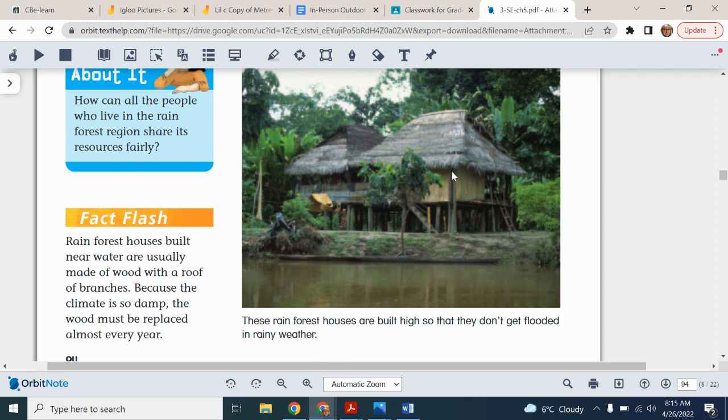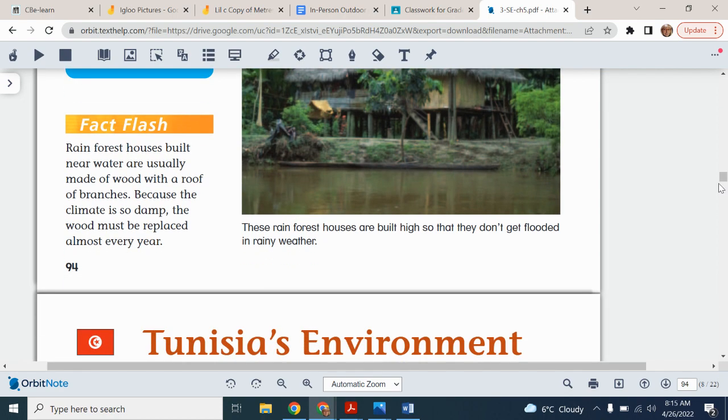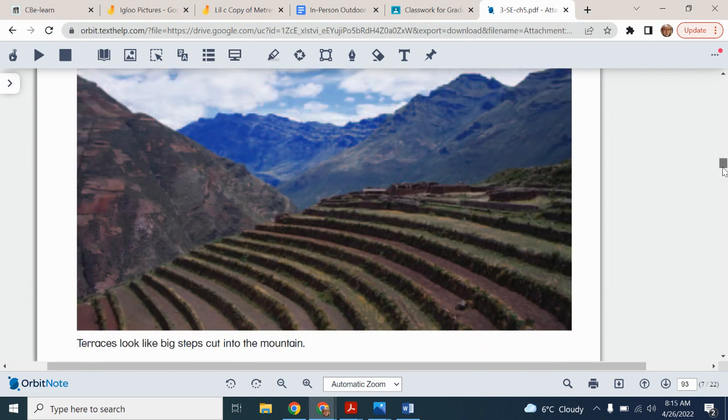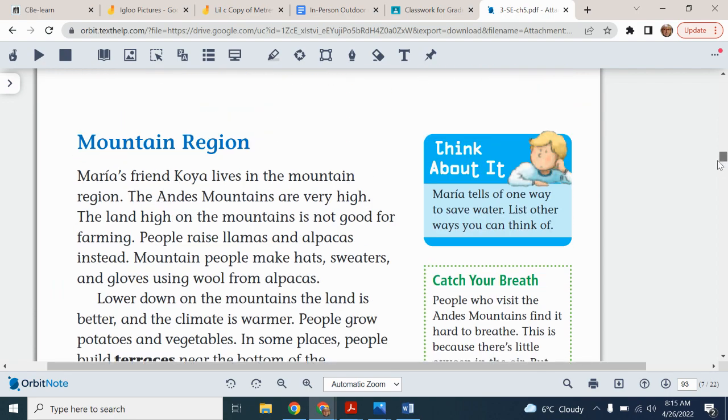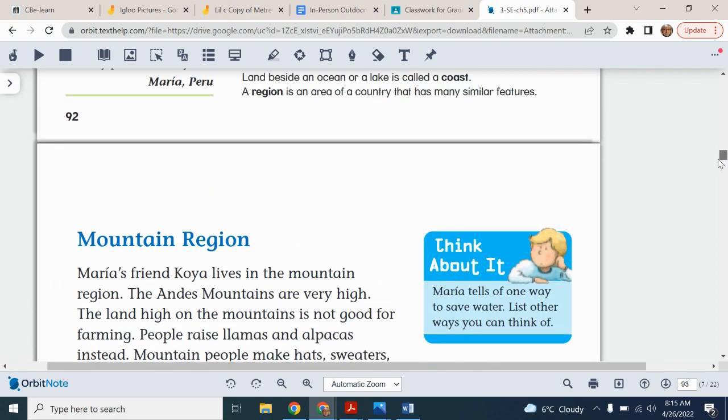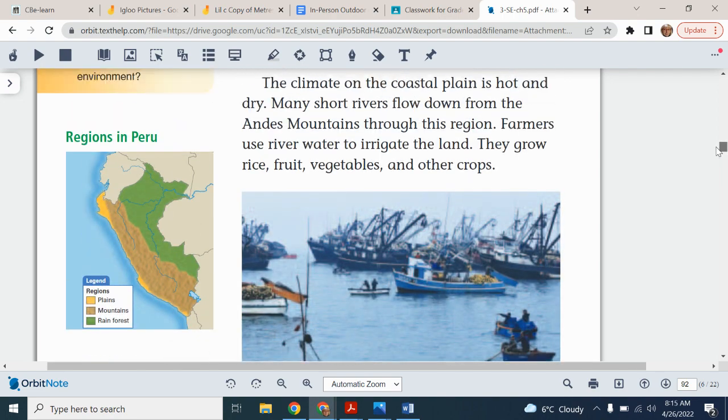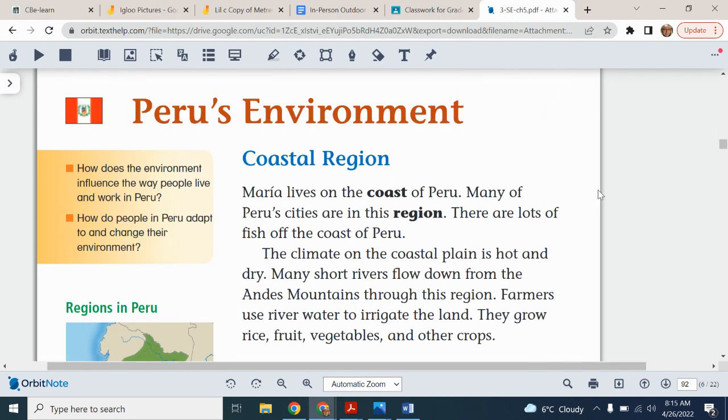Looks very different from our igloos. These rainforest houses are built high so they don't get flooded in rainy weather. And that's the end of the chapter on Peru's geographical regions and environment and climate.